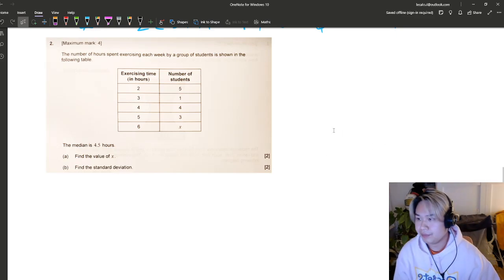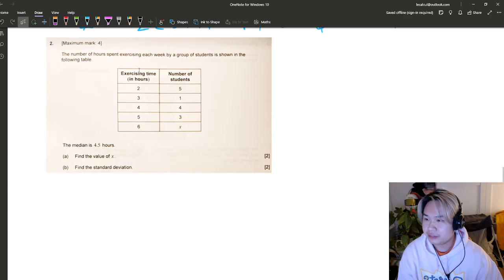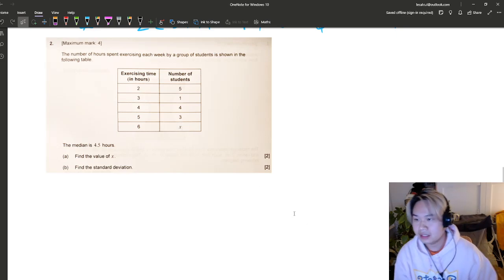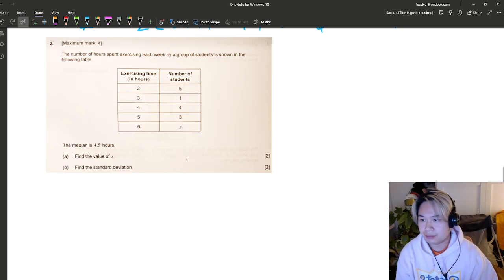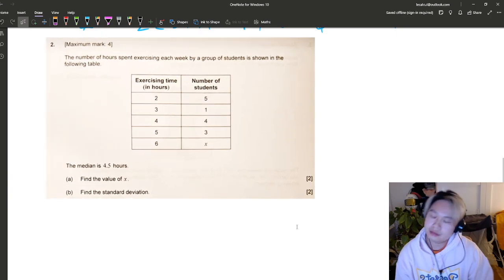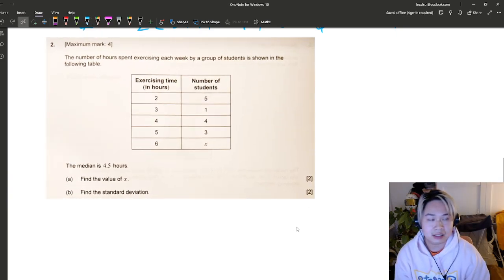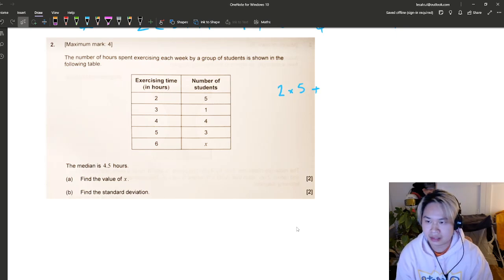Whatever. Okay. So we have a frequency table measuring how much time students exercise in a week. The median is 4.5 hours. Find the value of x right here. Okay. So if you have a frequency table, then basically to find the mean, what you're going to do is take each data, which is the number of hours, multiplied by how many students there are, and then you're just adding this up. So